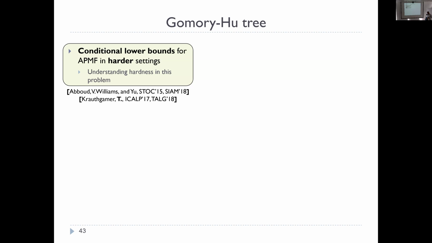Okay, so in the first step, we wanted to think about the Gomory-Hu problem. So we wanted to know what is difficult about that problem. But we couldn't show anything for that setting, for undirected graphs and edge capacities. So what we did in order to still get some idea of what might be difficult about this problem, we went to more difficult settings. So settings where Gomory-Hu tree doesn't exist, okay?